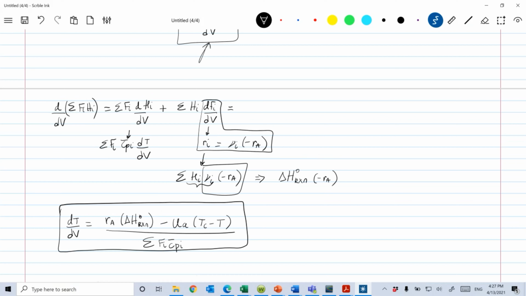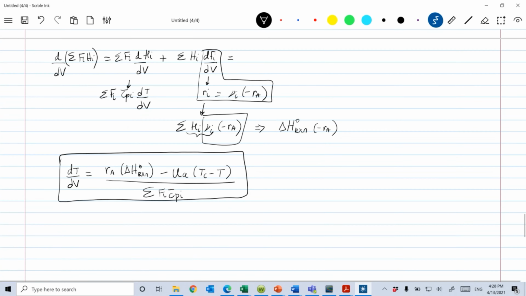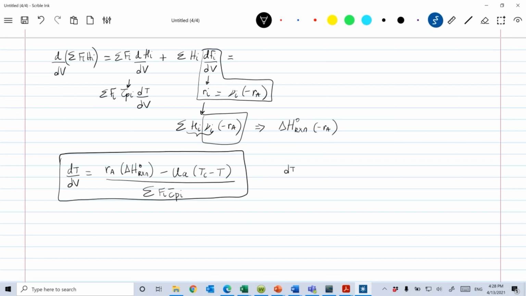So the one thing to keep in mind, a couple of things. I use TC as a convention to say temperature of a coolant, but it could be temperature of a heating fluid. So that's just my convention. And you can rewrite it as dT/dV. The first term is heat generated. The second term is heat removed. You can see it's very similar to the CSTR idea